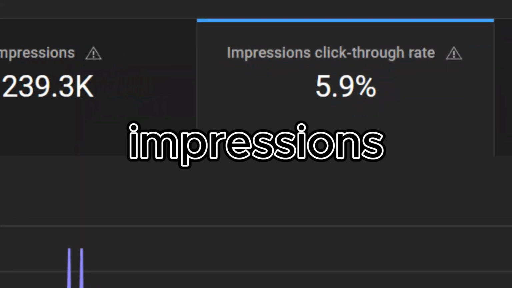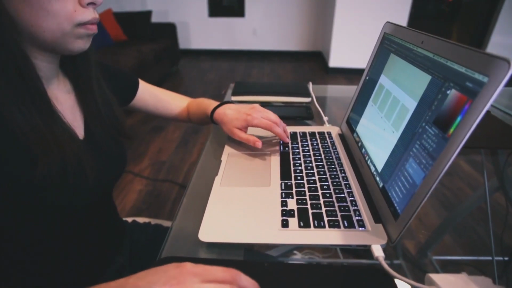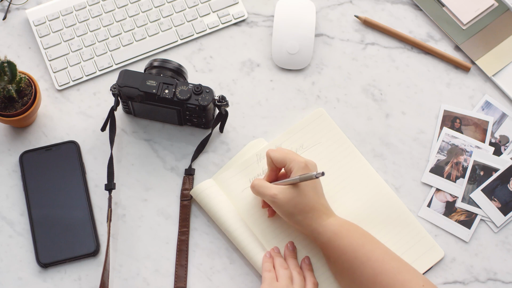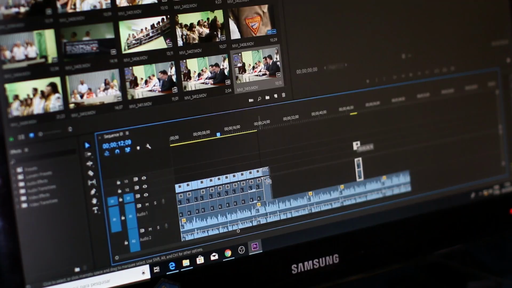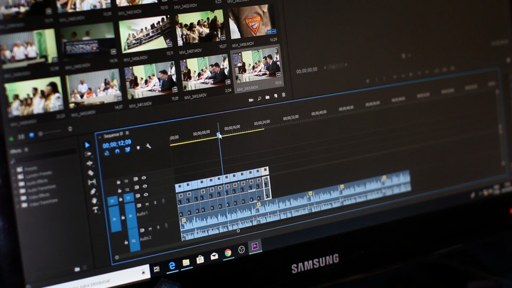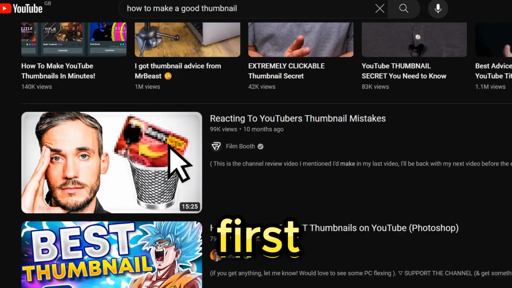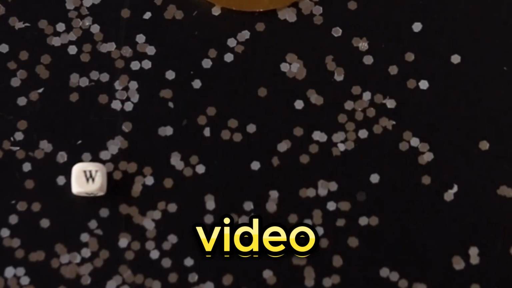Okay, so if your impressions click-through rate is low, then try this. This method literally flips the switch: reverse content creation. Instead of following the conventional path when making your videos, you are going to start off with a thumbnail, then title, and only then will you start creating your video. The reason we should do this is because it forces us to create an engaging and effective thumbnail, which is the first point of contact you have with your viewers. You could have the best video in the world, but if no one clicks on it, there is no hope